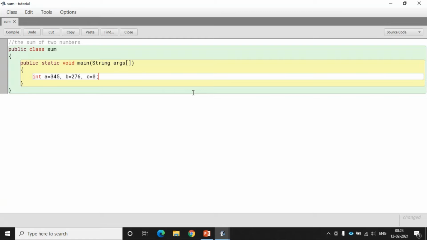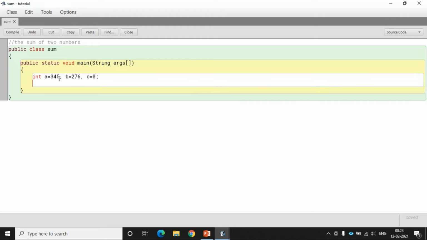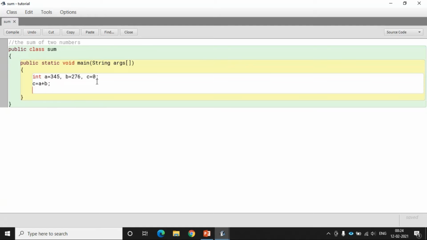Now the question you can ask is why the value of c is 0. Since the values of a and b are already given here, it is known as static initialization. Now in variable c, we will store the sum of a plus b. No specific value is there, so it is called dynamic initialization.